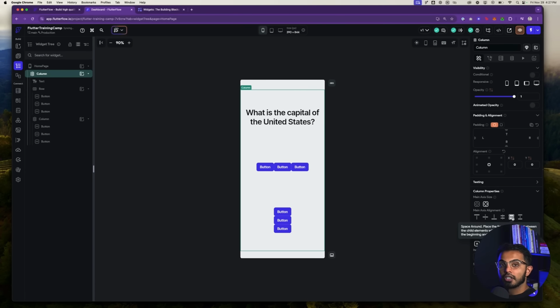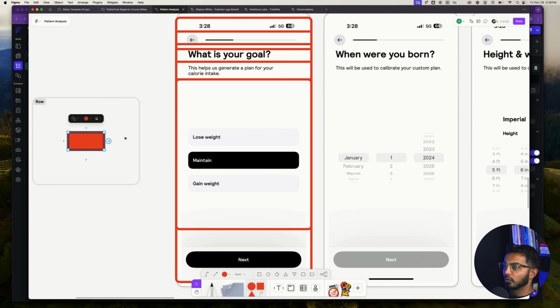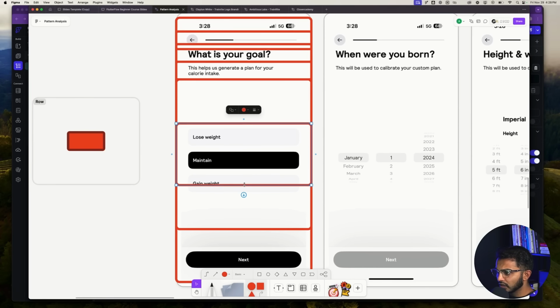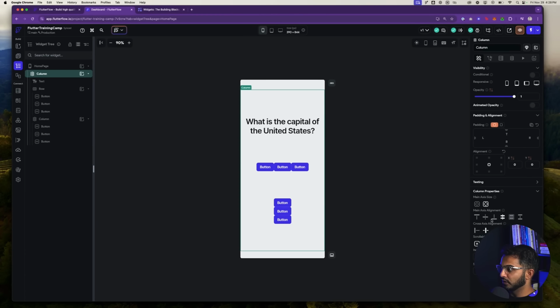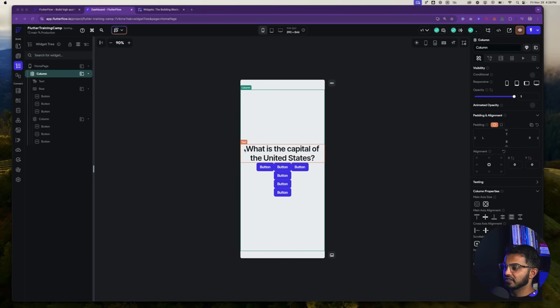Awesome. So now that you know a bit about alignment, we can finally make this case where we have this row here. This row has content in between it. Say this is a container, and we set the alignment of the parent row to be middle, like we did here in FlutterFlow. Middle. That brings everything to the middle.